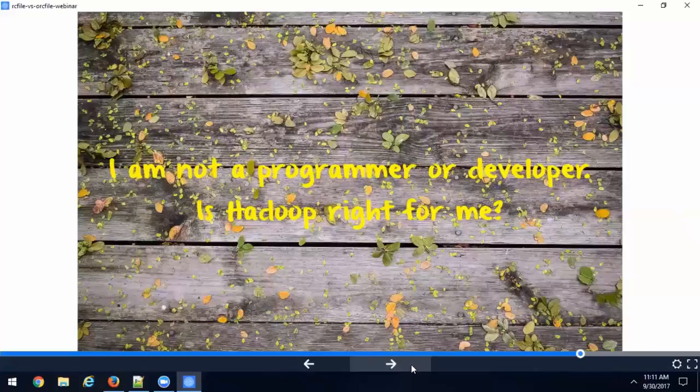Someone just asked, there are so many tools, right? What are these tools for? These tools are there, like Pig and Hive and Sqoop. They are there to help even if you don't know an ounce of programming. If you're a SQL developer, all you need to know is SQL, and SQL is easy, right? Select star from tables. You know how to write joins. You can work with Hive. You don't need to know Java programming, okay? So you don't need to know that to learn Hadoop, okay? And things don't have to be complex.